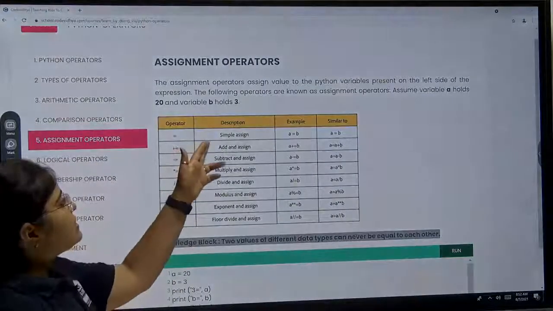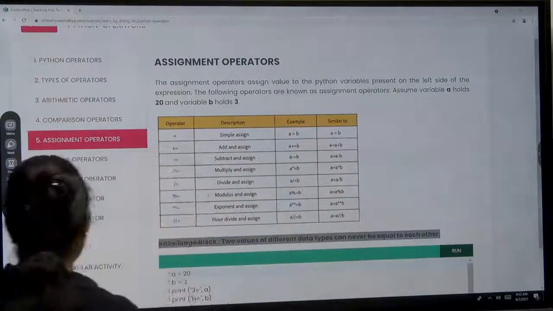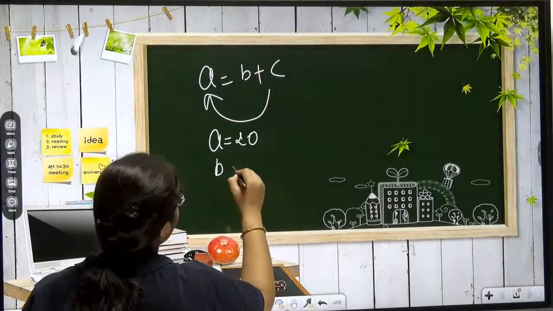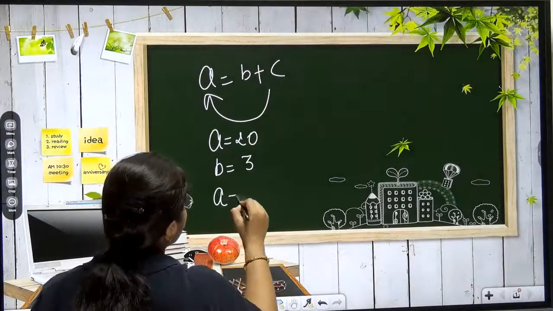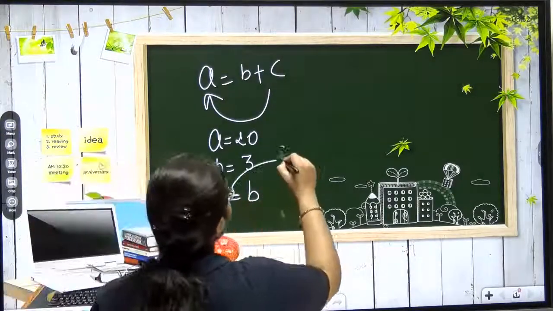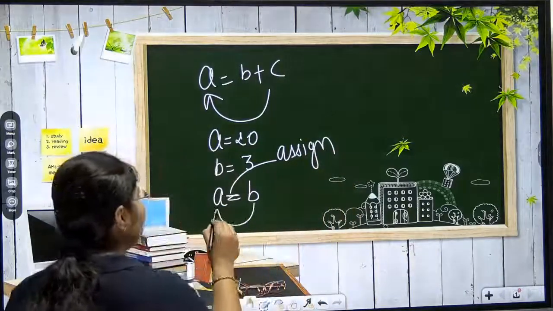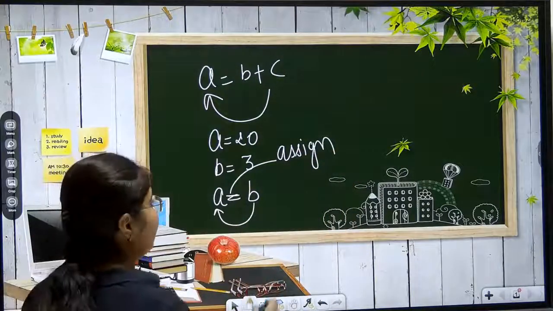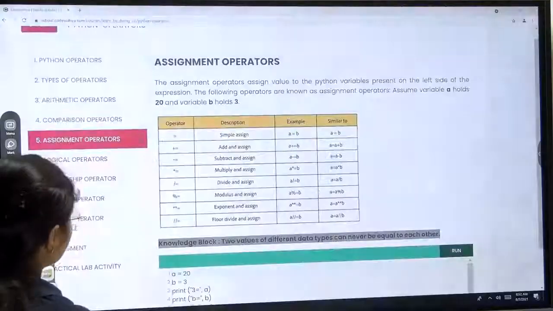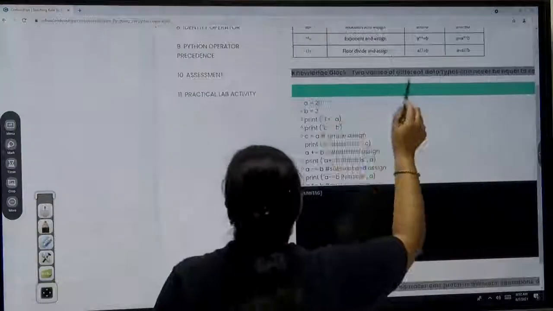First is your simple assign, A is equal to B. Suppose we have the value of A as 20 and the value of B as 3. If I am writing A equal B, we call it A assign. It means the value of B will be assigned to A. So here the value of A will become 3. You can see this in this example. If I run,